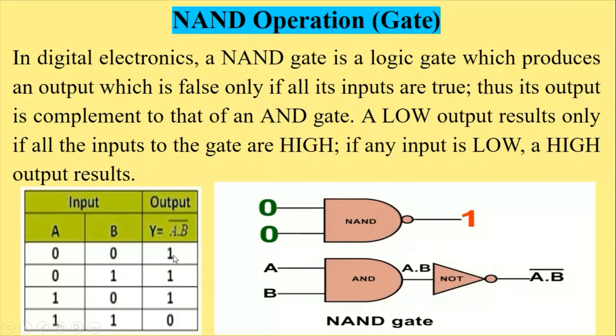If the product is 1, then you will get 0. If the product is 0, you will get 1. Same like that, because you are going to multiply. After multiplication, you have to take the inverter or apply a NOT gate. In this diagram we can see there is A and B and you are applying the AND gate. After that you are applying NOT or inverter or negation, a small triangle. After that there is a small circle and you will have A dot B whole bar.